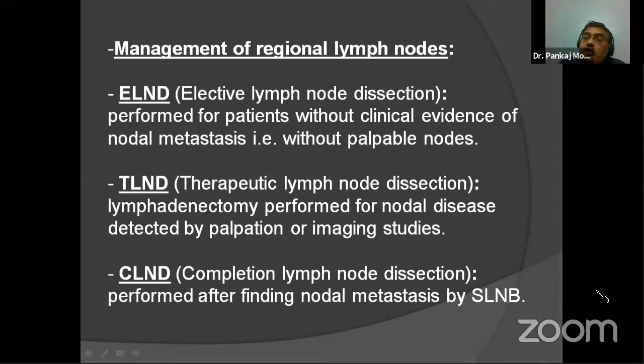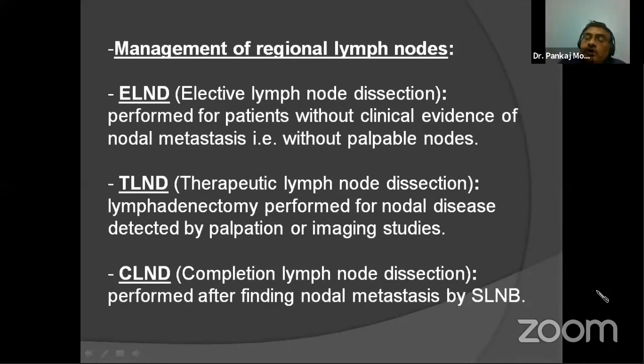So how is it taken? Sentinel node means like in breast or some other method? The same way, it is the same. It is the first metastatic node, the first positive node, which we see in case of breast. The same way, you inject a dye or radiocolloid material. If a nuclear medicine department is there and you have a radiocolloid material available, you can see the hotspot area, the first node, dissect it out, and send it for frozen section. If it is positive, go for the completion lymph node dissection, as she rightly said. And if it is negative, there is no need to go for complete node dissection.